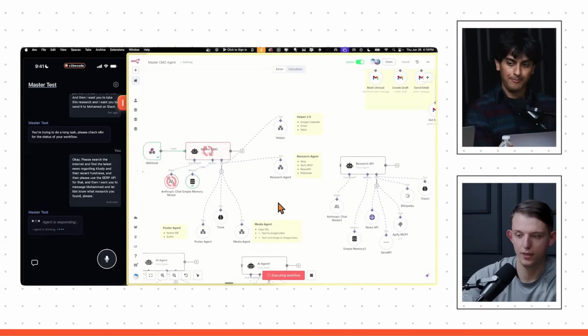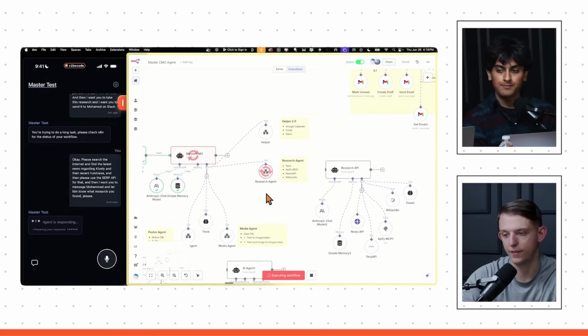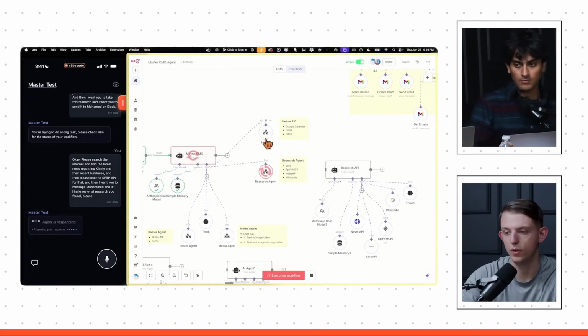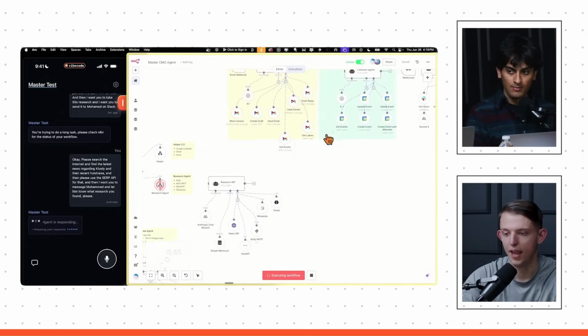And so what we're doing here, right? We sent that data from our VAP to our master agent, which will then do some research. And then after it's done researching, it should indeed go to the helper agent to then send the message to Muhammad. And again, this is just a glimpse into the future of AI agents, right?